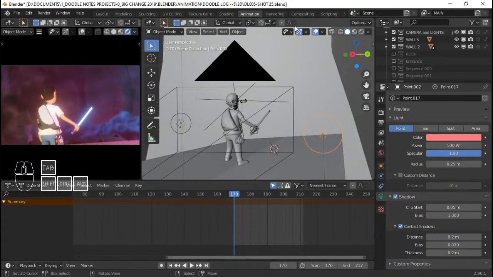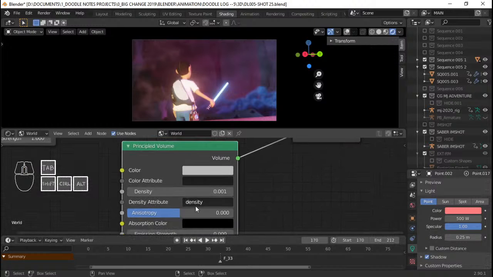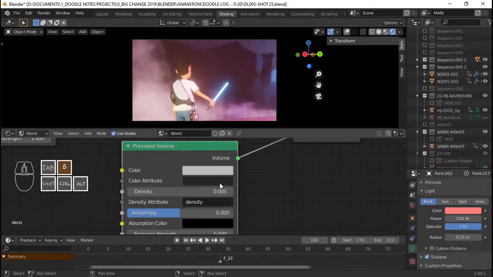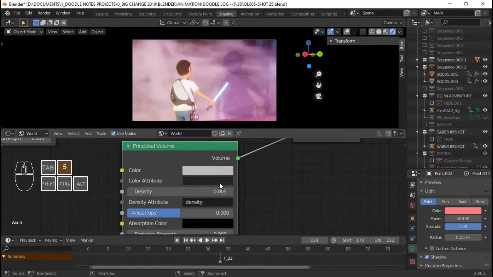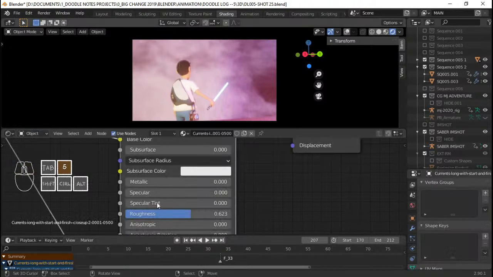So now I can adjust the intensity of the volume here for the environment. This is one of the great things about Eevee, by the way, but it takes so much time to render. You know, with 0.005 principled volume here for the environment, as you can see, it really adds that mist to it. And I'm gonna go back to object. I'm gonna reduce the opacity of the smoke here,